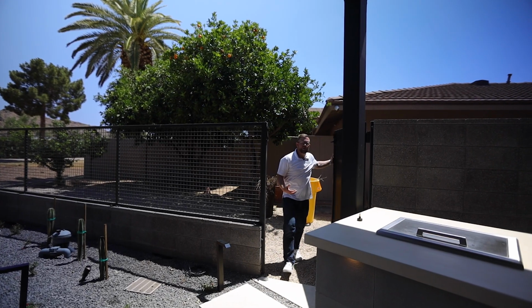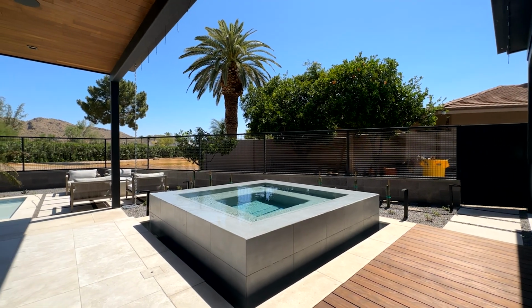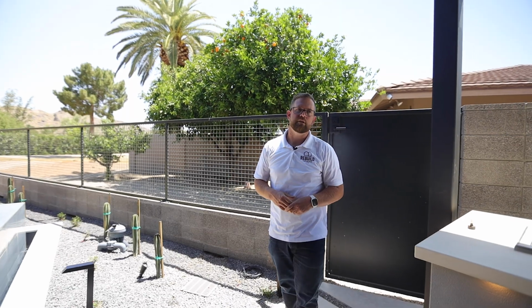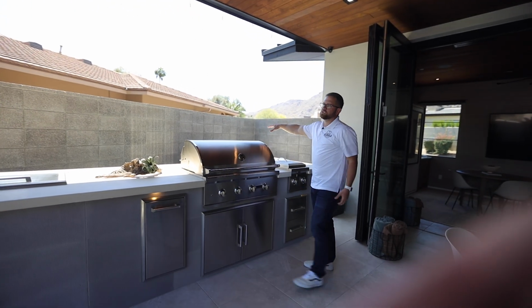So given the nature of the walkability of the community, we wanted to make sure that there were multiple access points for our homeowner to be able to walk his dog whenever he saw fit. We also wanted to create a certain amount of privacy because of the amount of people that are walking through the community. A majority of his covered entertaining space includes his outdoor kitchen, some additional storage capacity behind here, but